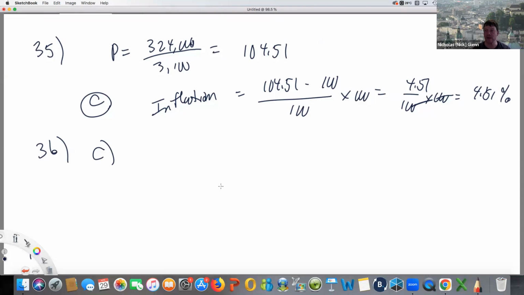Nominal income per person, you don't know because you don't know what the price level in the economy is. Real income, well, that's just looking at the economy as a whole. You don't know what the population is and what it is per person. And the last one, the growth rate of nominal income per person, well, it would not be that. That can give you a good idea if the people are getting richer or poorer, but it doesn't really say anything about the current state of the economy.